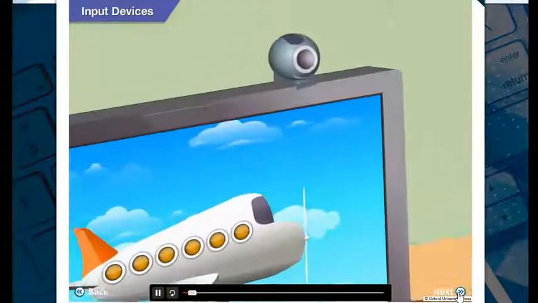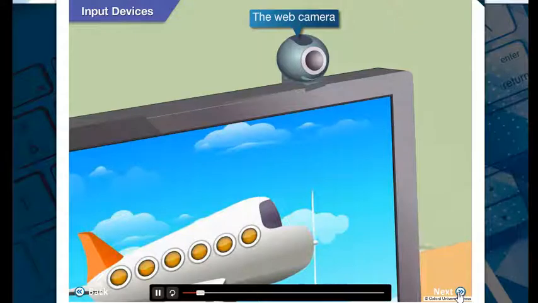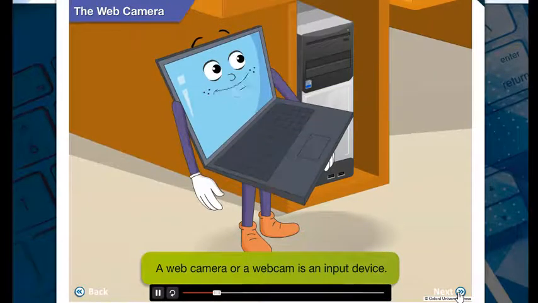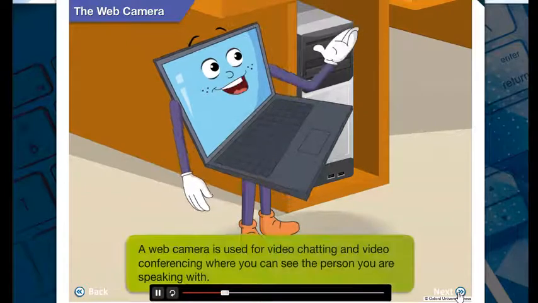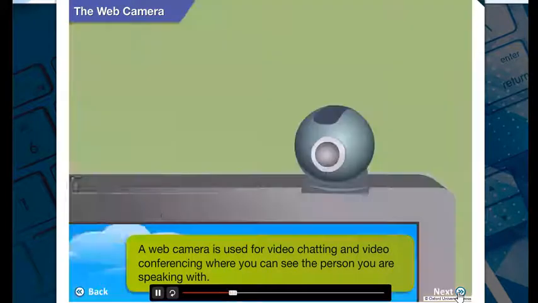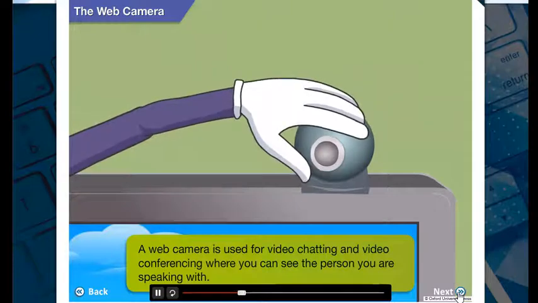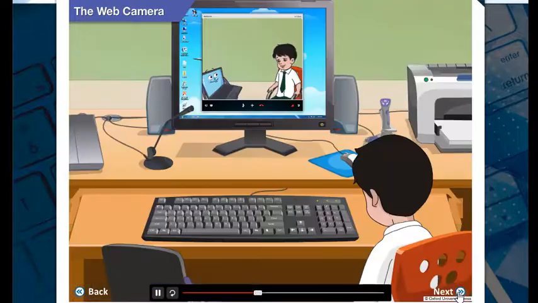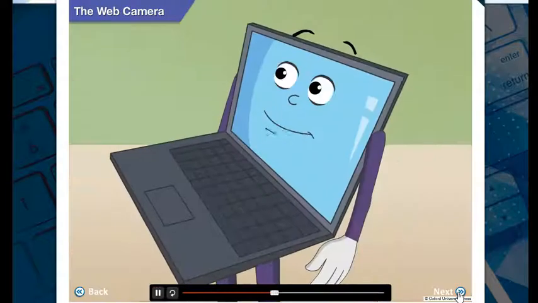Toggle, look here. I think this is a web camera. Right, Goggle. A webcam is also an input device. It is used for video chatting and video conferencing where you can see the person you are speaking with. Okay, Toggle, see. Don't we look smart? Yeah.